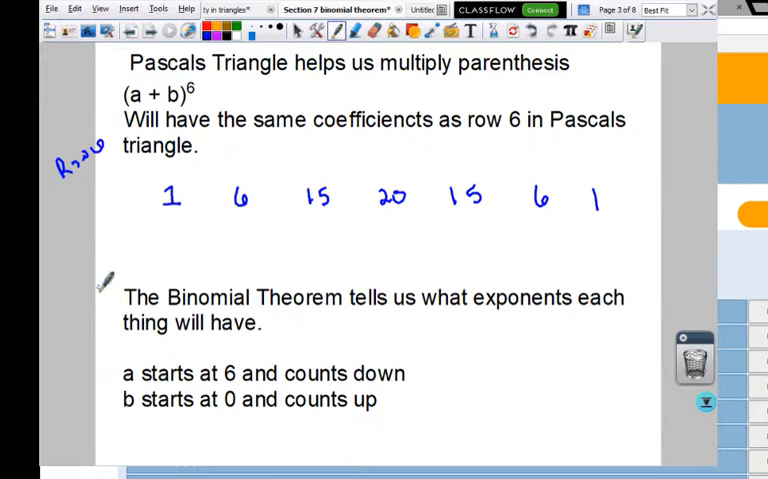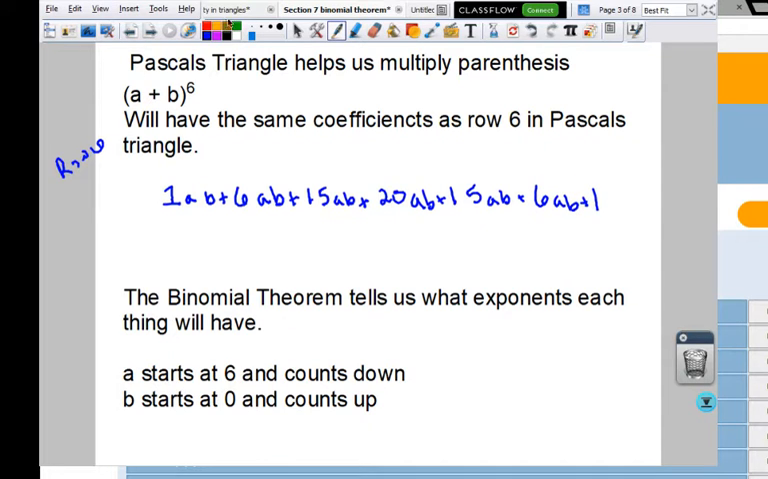No. The binomial theorem says if you have that in parentheses, you're going to have an A and a B in each one of these. So we're going to have an A, B, plus, A, B, plus, A, B, plus, A, B, plus, A, B, plus,